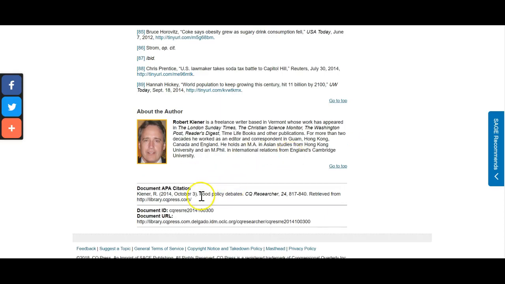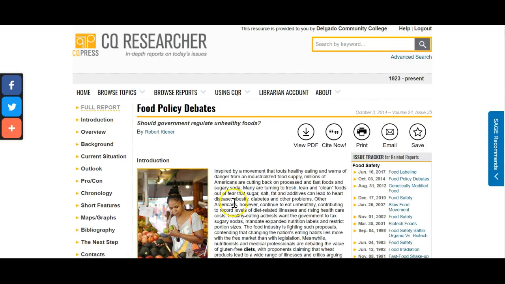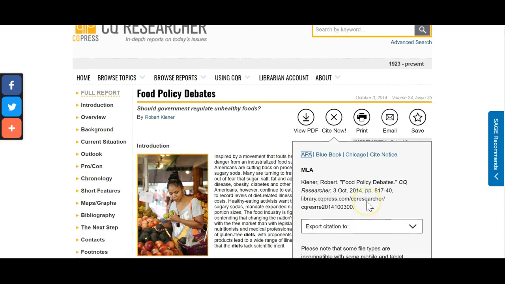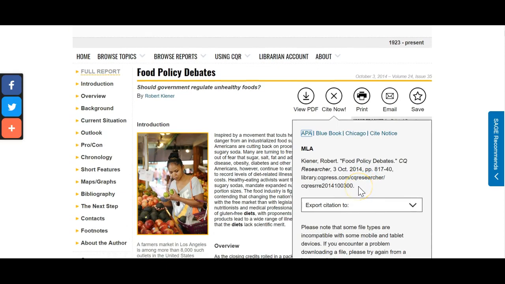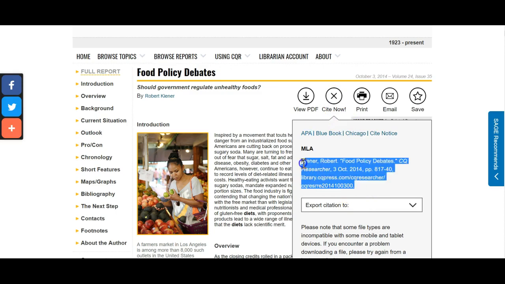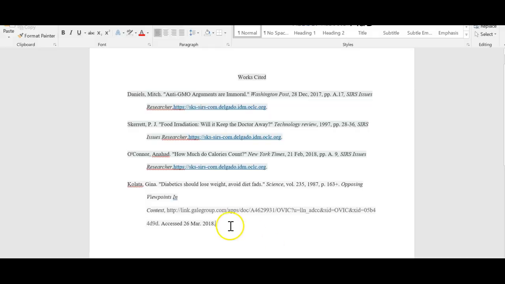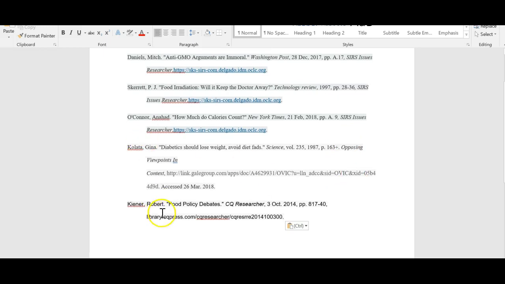We can cite this source, although it has APA as its standard. So I'm going to click the Cite Now button back at the top and click MLA, and it does have the MLA 8 citation for us. So we can highlight, copy, and paste it into our list. Again, we need to fix the alphabetical order here. So we're going to go back